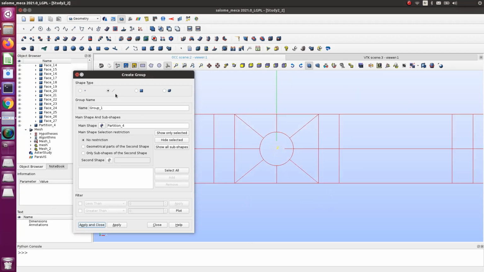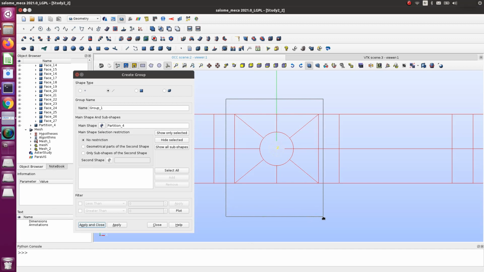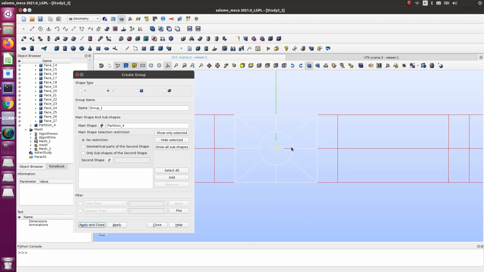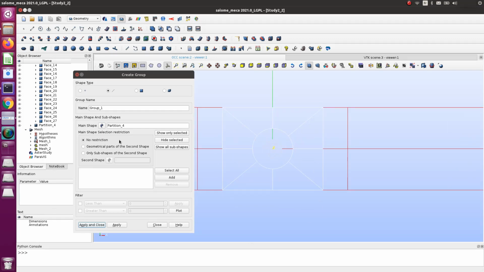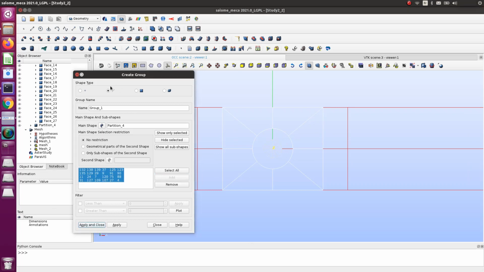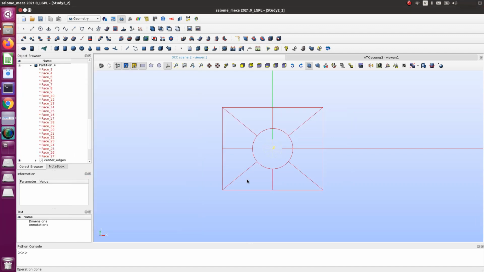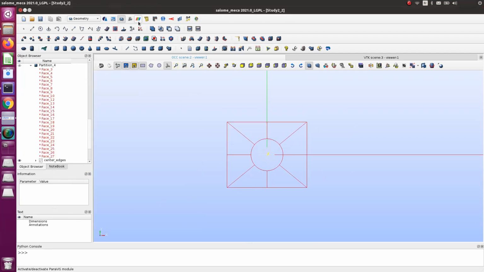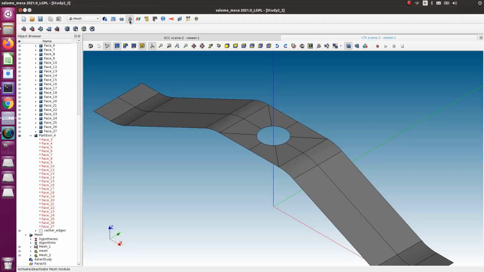Oh yeah, okay, I have to select edge group. Let's select the edges here. Let's add that, and this will be center. Let's call that center edges. I don't know, you can call it as you want. Apply. Okay. Now that I have this, let's go back into the